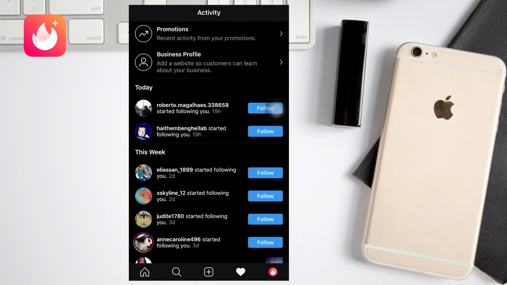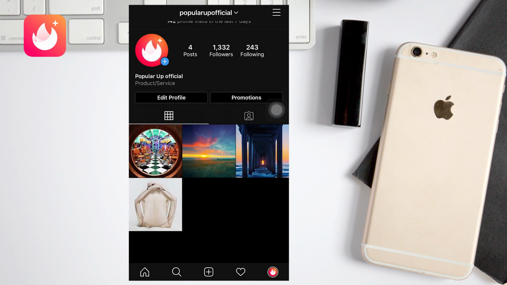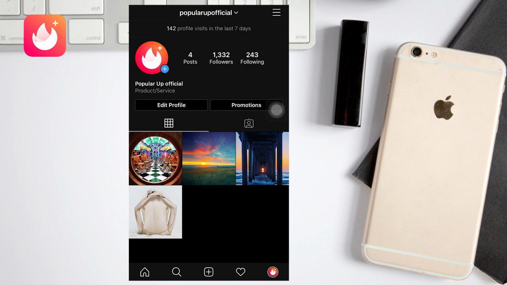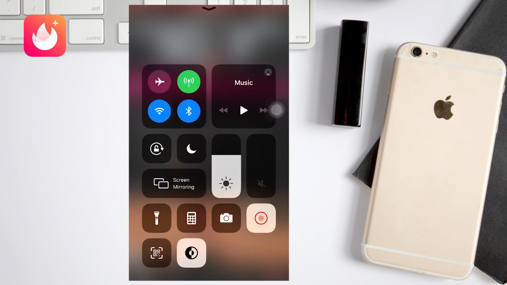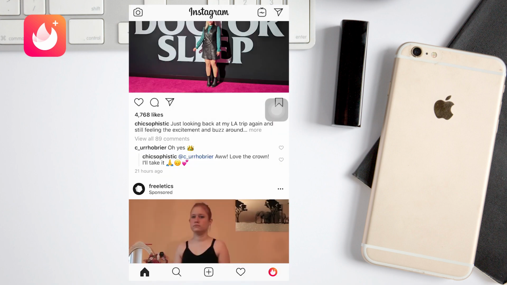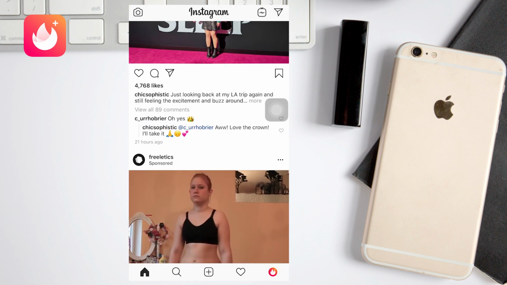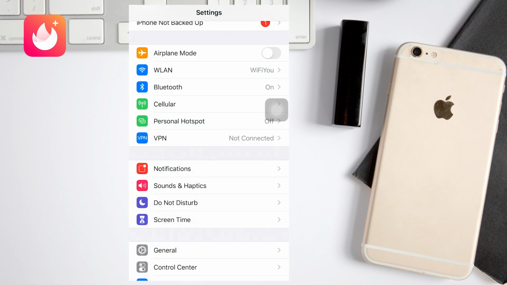And the most important thing is to make sure you're running iOS 13 on your iPhone and you have the latest version of Instagram. We'll just turn it off, and then I'm gonna teach you how you could turn it on from your settings on your device.